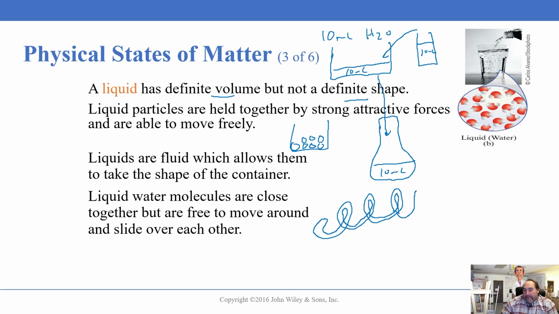My very bad silly straw drawing here. If I put it into the silly straw here, it's obviously going to take the shape of the silly straw. Now, what it means by not a definite shape is obviously in the first container, it takes the shape of that container, takes the shape of that container, and obviously takes the shape of that container. As long as I'm not a klutz or anything like that, and I don't drop any of it